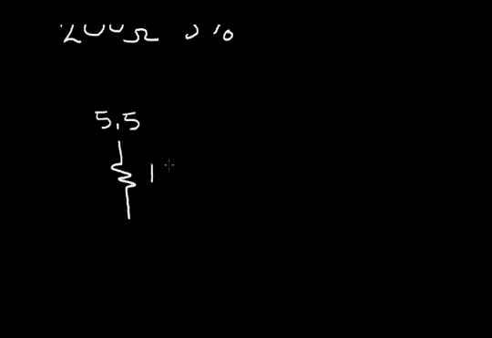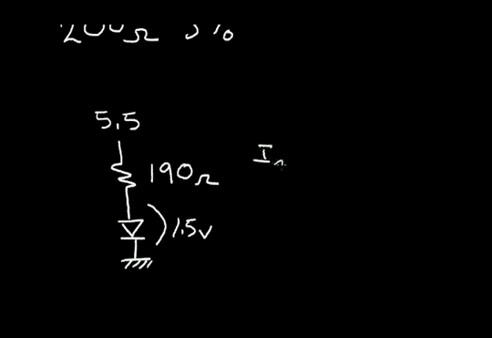So we'll say it could be down at 190 ohms. And let's say that my LED is at a minimum 1.5 volts to be safe. Let's calculate the I max